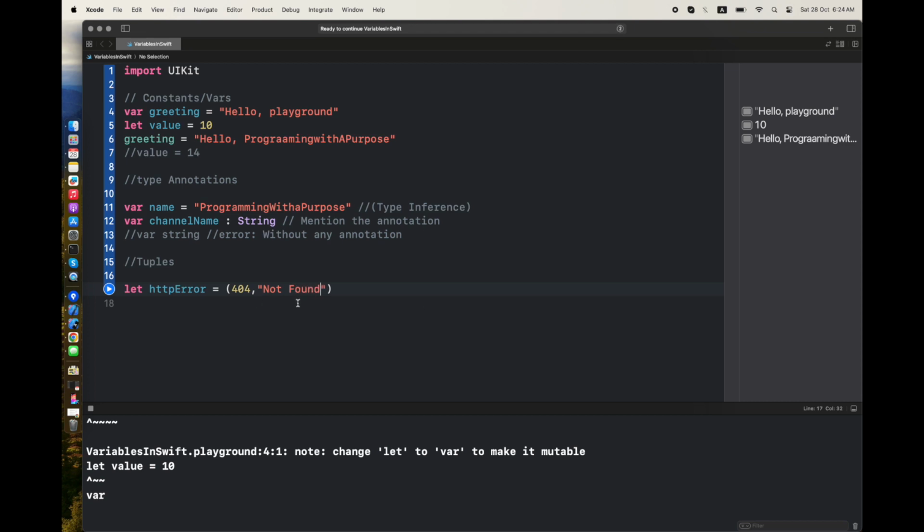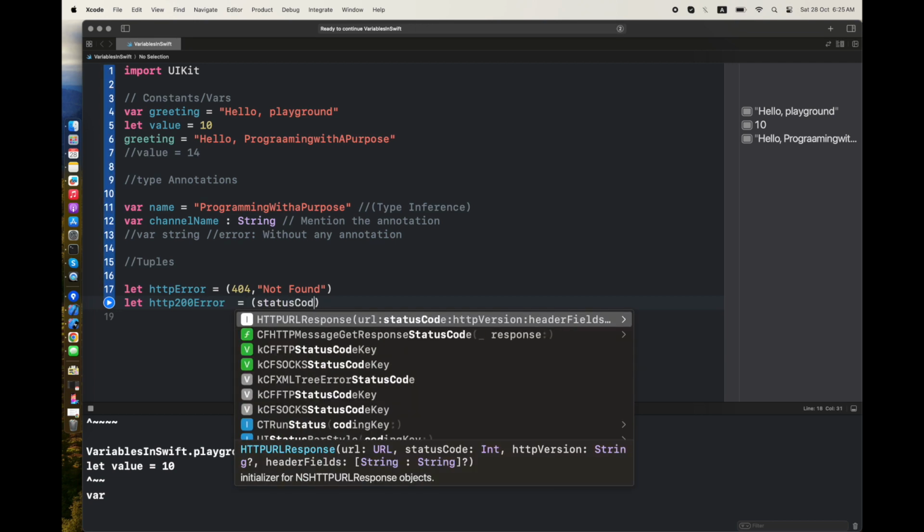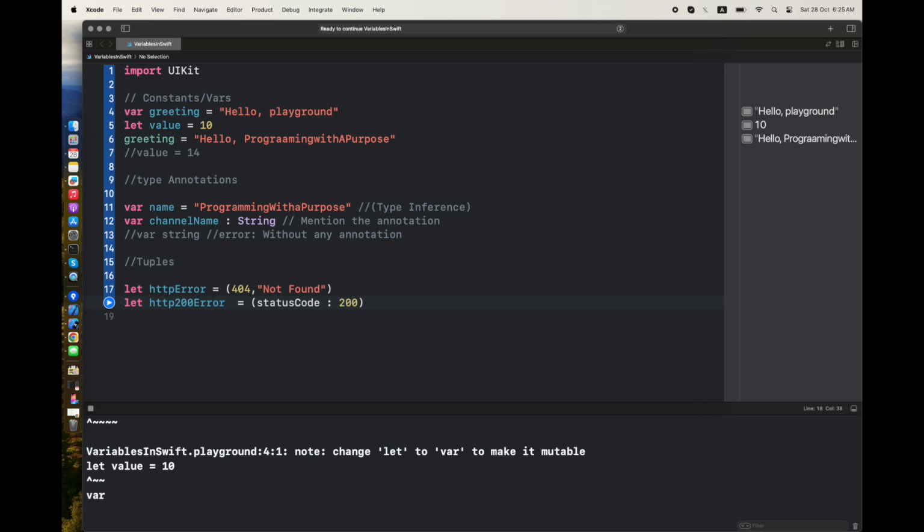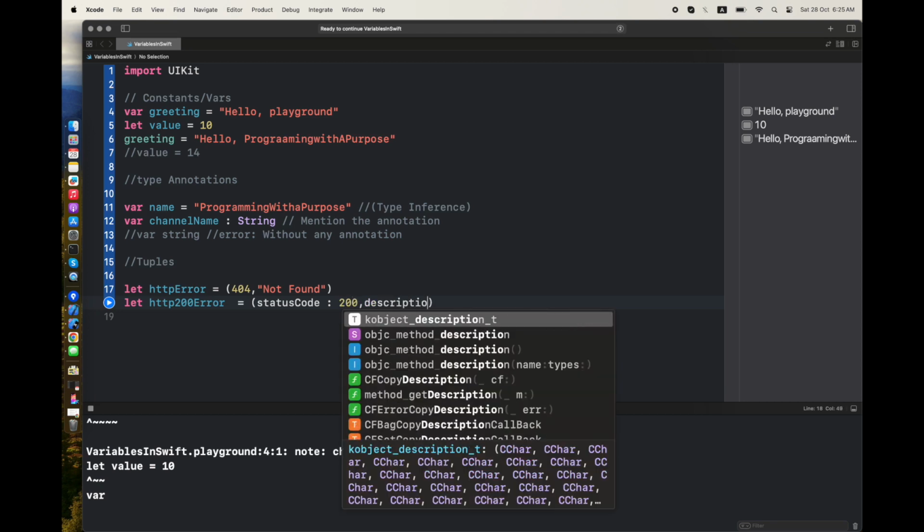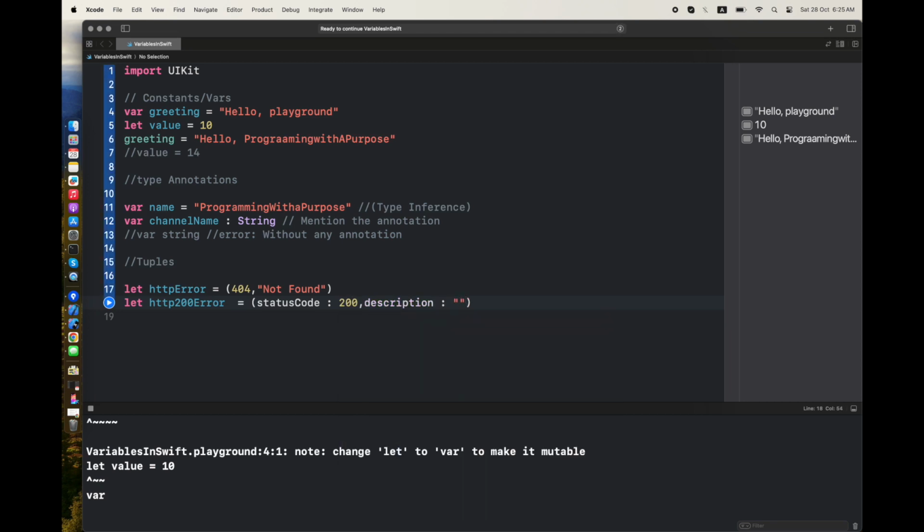So here we are going to create a constant with the name of HTTP error, and we are going to pass it two values. So it will contain an int, which is 404, and a string, not found. So in this way we can basically give an error code as well as the actual error to our constant HTTP error. Now we are creating another constant with the name of HTTP 200 error, and here I am going